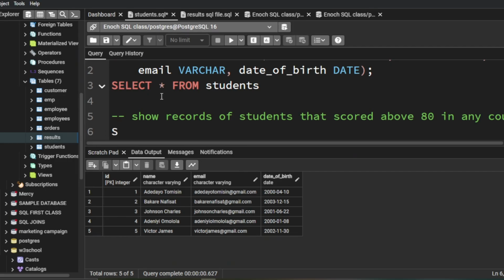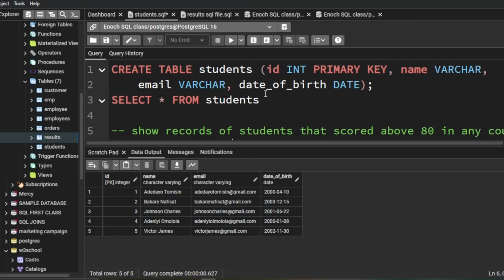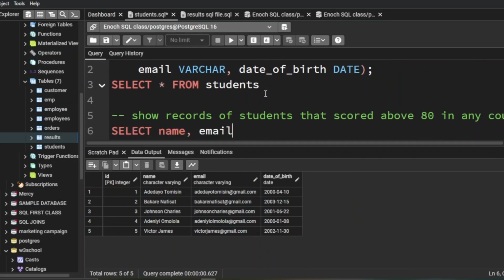So on the normal, let's just show records of students. That's going to be select. Let's do the name and email from students, where